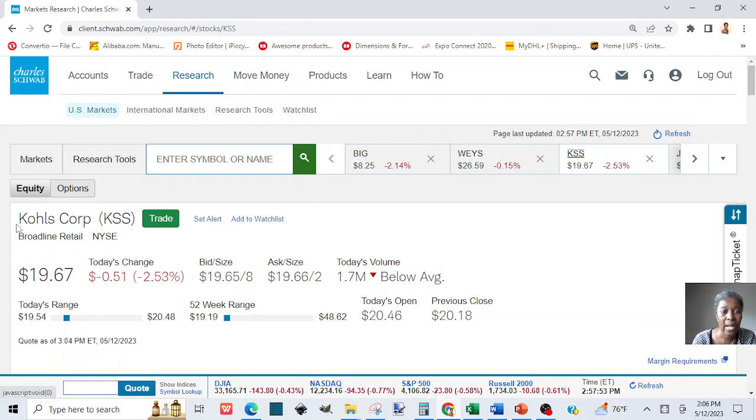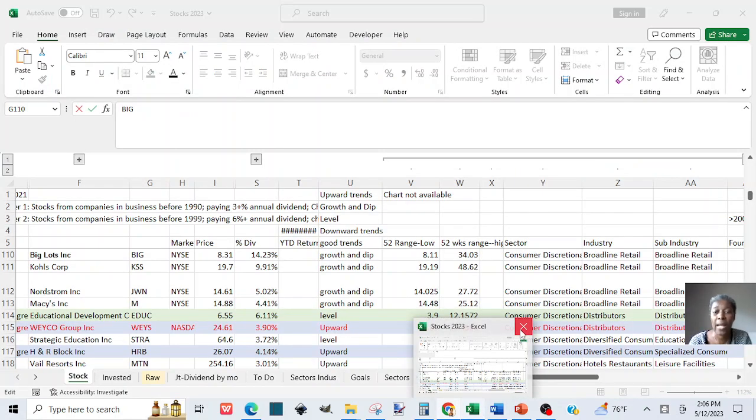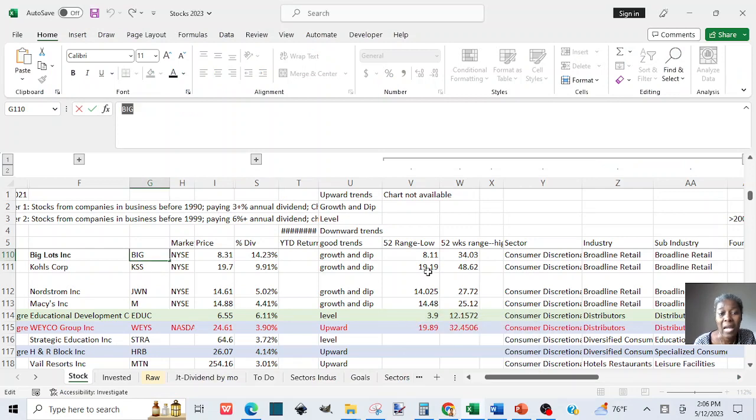Kohl's is selling now at 19.67, and the lowest price at some point was 19.19, and the highest was 48.62. So the current price is close to the 52 weeks low. Therefore, if you want to invest in Kohl's, that is the right time to purchase it. So that's how you will analyze it. If you are interested in some of those stocks that you have on your spreadsheet and you see that it's the right time to buy, then you'll go ahead,